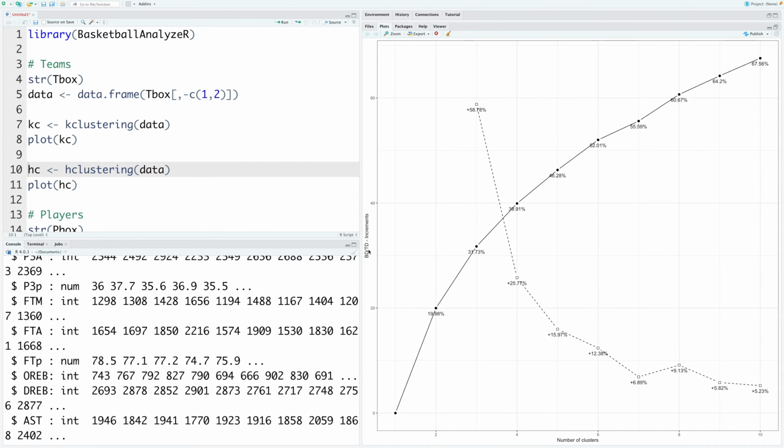So for good clustering or grouping, we want between group variability to be high. So you can see that if we consider all 30 teams into just one group, then this value is at its lowest. And then if we consider two separate groups, BD by TD increases to about 19%.